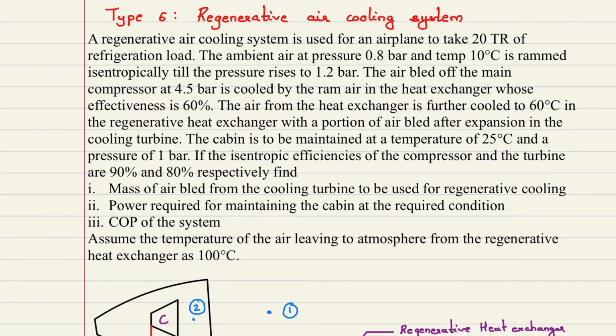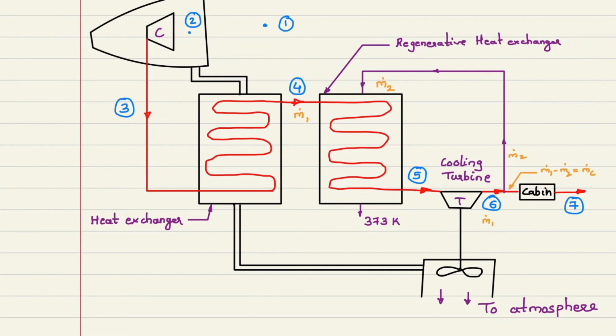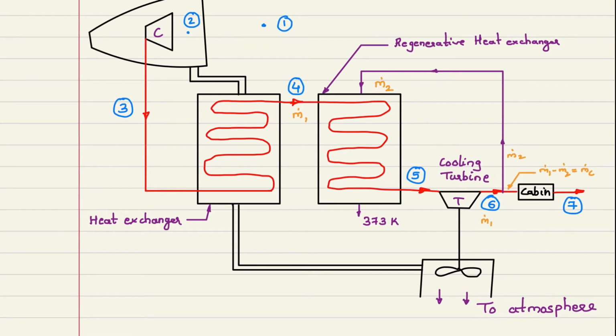Okay, so we'll solve the next numerical, which is related to the regenerative air cooling system. In the question it is given a regenerative air cooling system. So as soon as you see this data, draw the schematic. Here you can see I have drawn the schematic of the regenerative air cooling system, where this is the engine, then the compressor is there, the first heat exchanger is there, the regenerative heat exchanger is there, the cooling turbine is there and